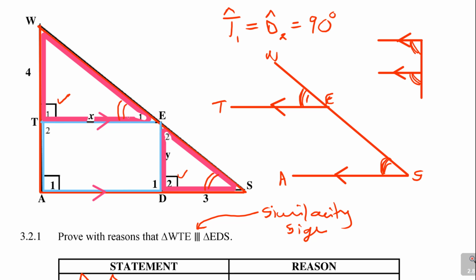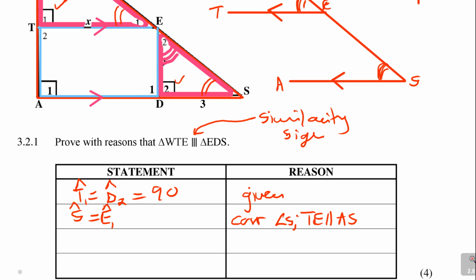So if two pairs are equal, now you can conclude that this third one, look at this, if you calculate the third one, you find that also they are equal, and then you can say therefore